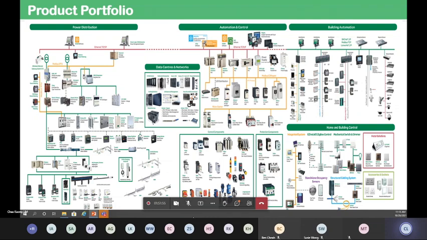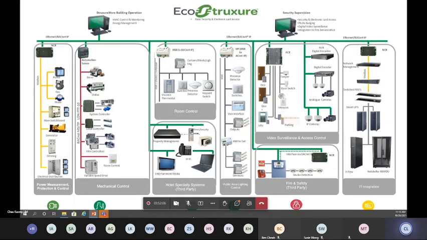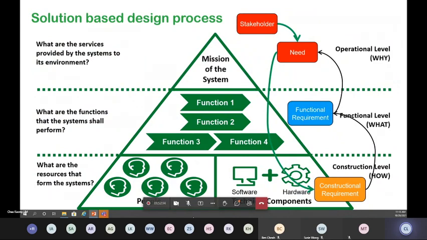When it comes to equipment, a product is just a tool for you to address the gaps or the worries that you have. The important thing is what solution is put across. That's where EcoStruxure comes in. We put solutions into the different right domains. We have the right specialists to work with you. The important thing is that it's solution based.